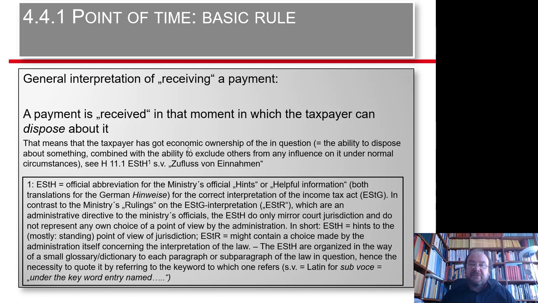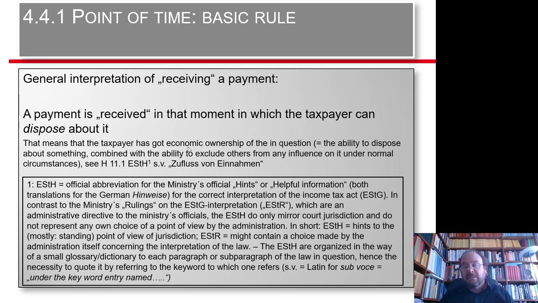By the way, when it comes to reading texts in literature, sometimes you see abbreviations EStR. That is the abbreviation for Einkommensteuerrichtlinien. One might translate it with rulings on the EStG interpretation by the fiscal administration. And there is EStH, that's the hints concerning the interpretation of the EStG. And the difference is plain and simple. The EStH, the hints or helpful information, just mirror things which the courts have decided, whereas the EStR, the